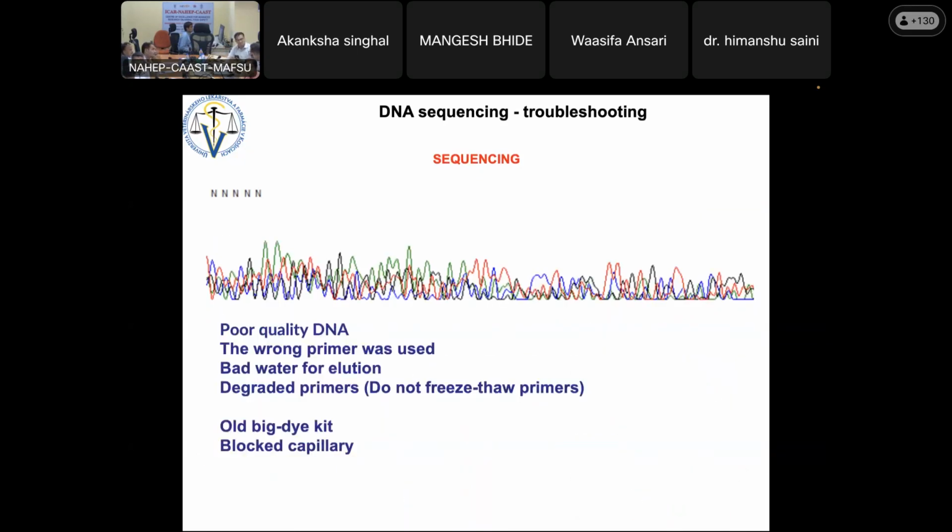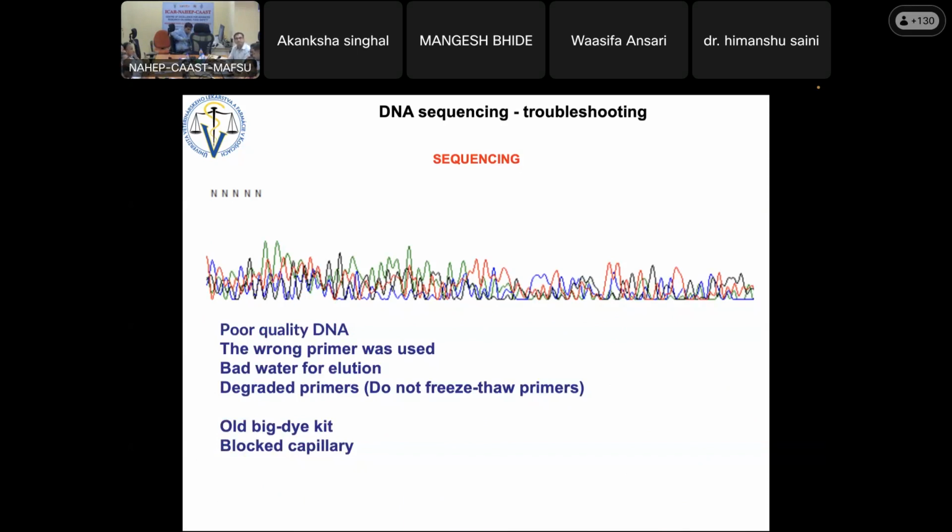You actually don't see it by naked eye, as you are not an expert, but what I can say is this is very poor quality DNA. So either the DNA is mixed, there are different bands, and we will see one by one, or